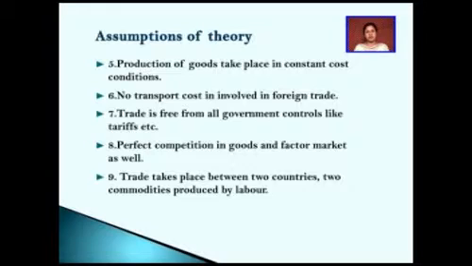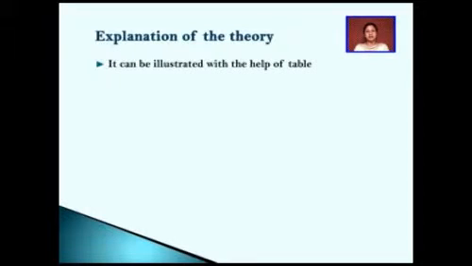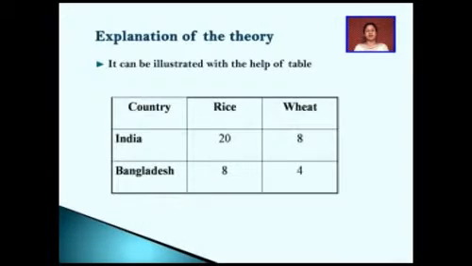That is 2 into 2 into 1. We can explain this theory with the help of a given table, which includes the two countries and two commodities which are produced with 1 unit of labor. In the schedule, you can look into this carefully, and we can understand that the two countries given are